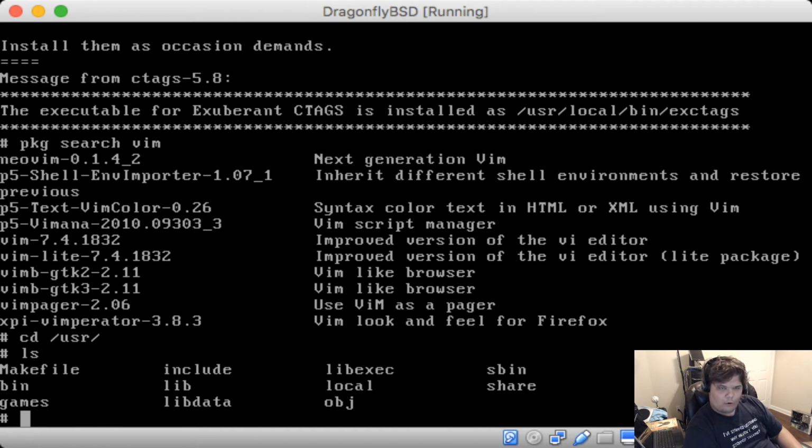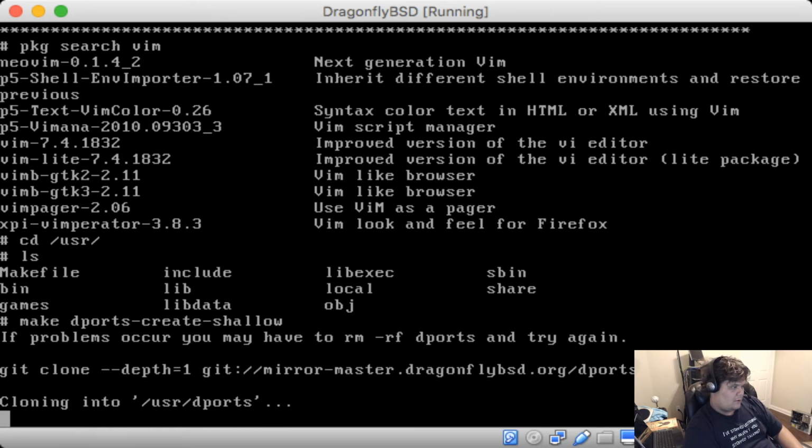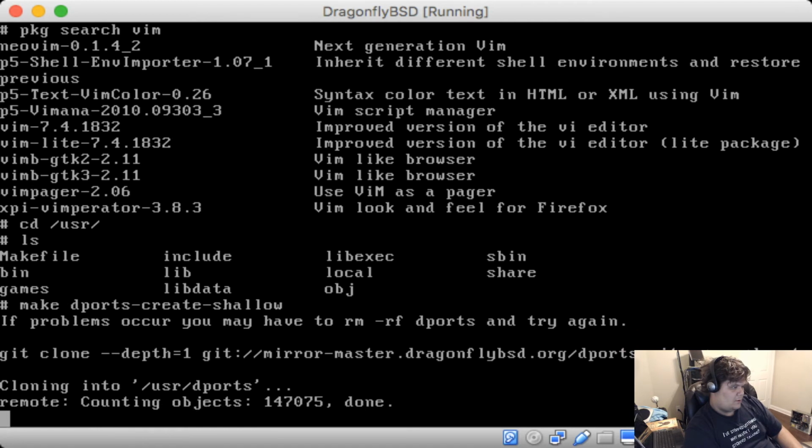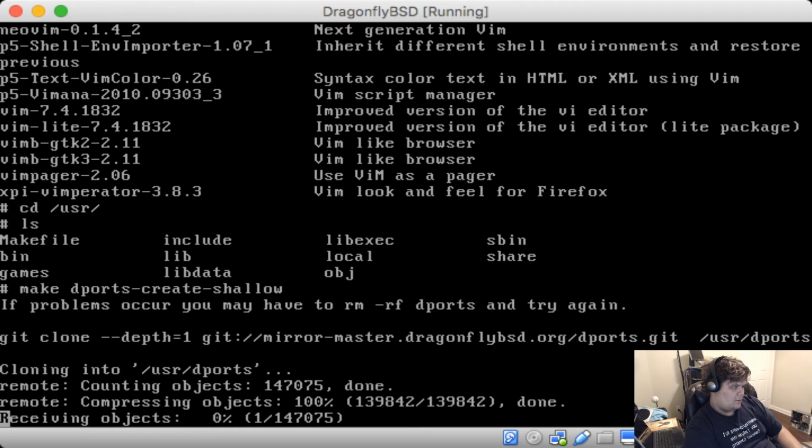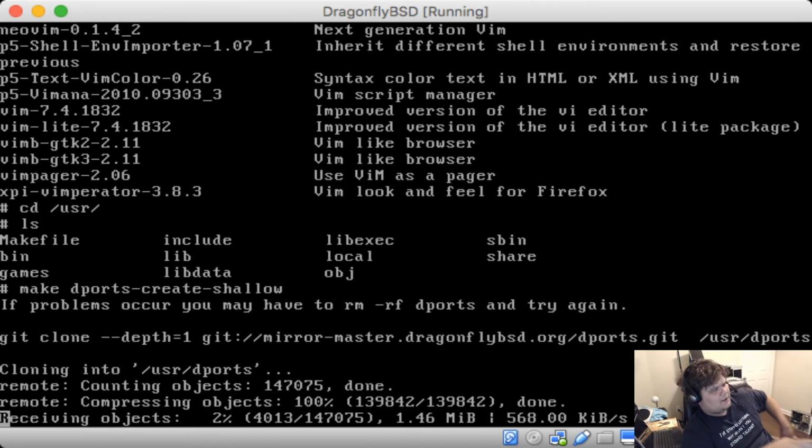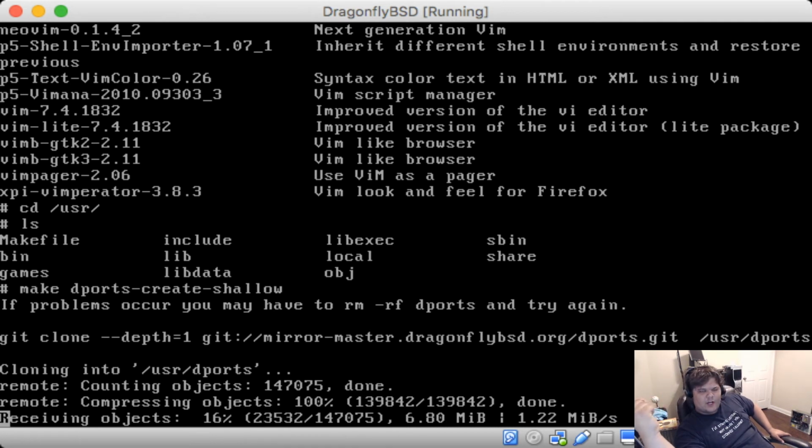And there are no ports yet. So it says that I should be able to do make dports-create-shallow. Huh, it looks like it has Git by default. I should have checked to see that. So it's basically checking out the ports tree now, which the